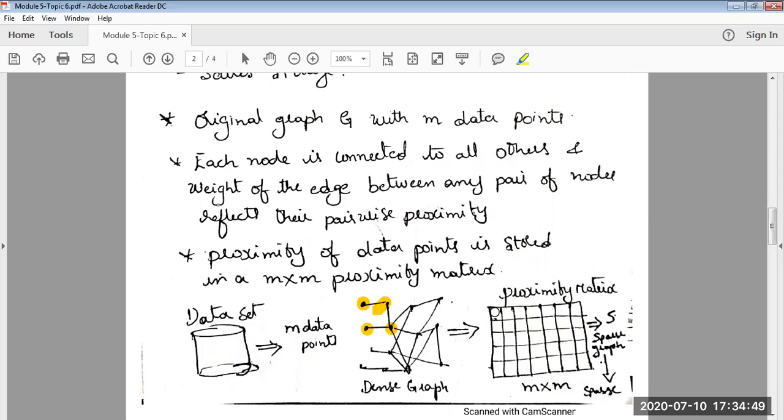All these points have been organized as rows and columns, along with whatever weights you have on the edges connecting the 2 points. For example, between these 2 points, I have a weight of 2. This entry of 2 will be there in the proximity matrix. So between the points P1 and P2, 2 is the weight.